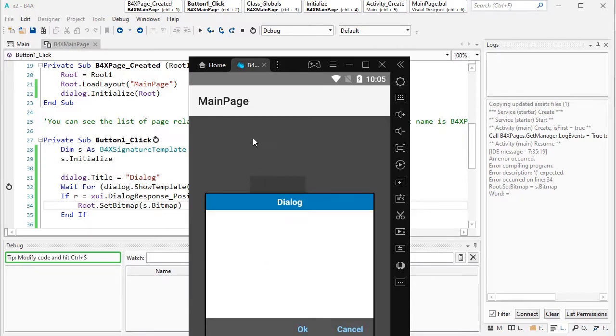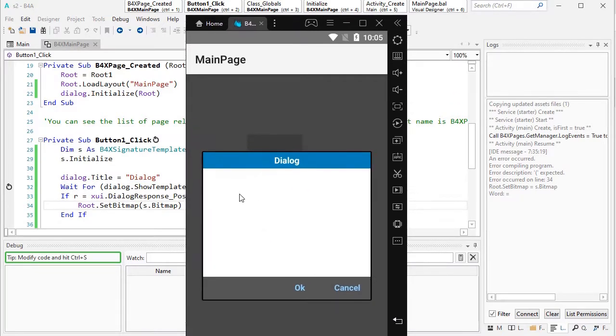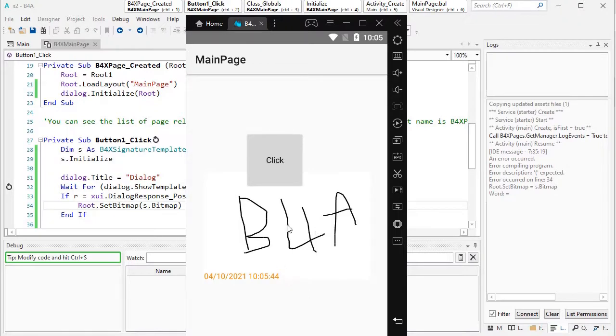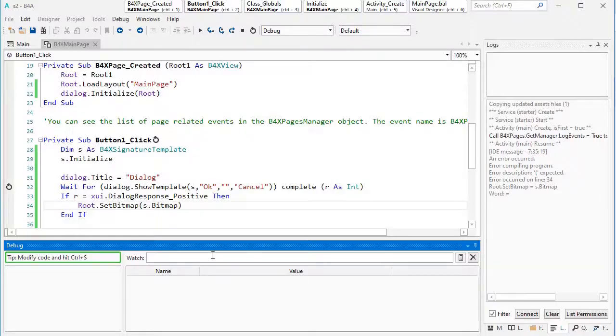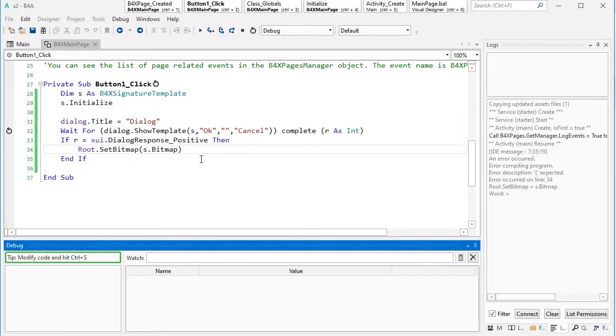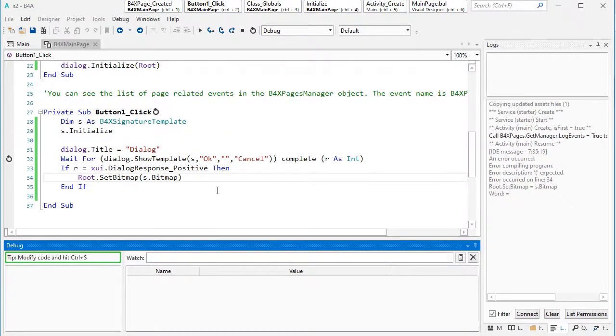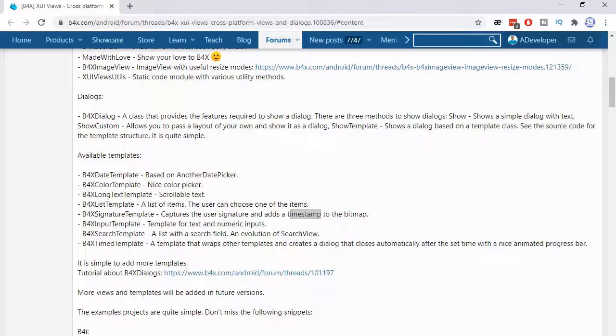Now I can draw, for example, B4A. Okay, it adds one timestamp to the bitmap, and then we will see that. So as you see, easily you can use the signature template. Let's work with another one,